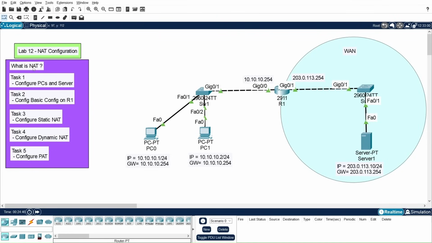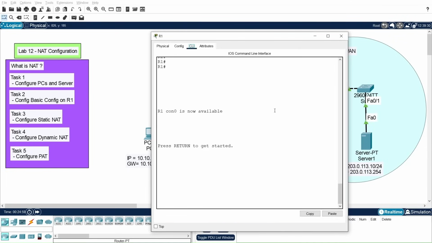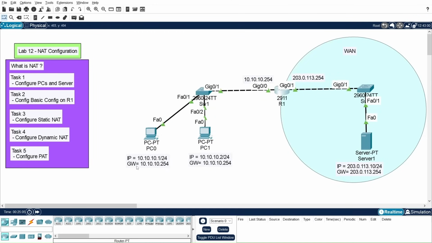So let's start with the definition of NAT. NAT, or network address translation, is a process that modifies the IP addresses in the packet header as they pass through a router. It basically changes the private IP addresses, which in this case are these PCs' IP addresses, to public IP addresses as the packet goes from the LAN, or the private network, to the WAN, or the internet. The basic purpose of NAT was to conserve IPv4 addresses. It also gives us a little bit of security by hiding the internal IP addresses of our